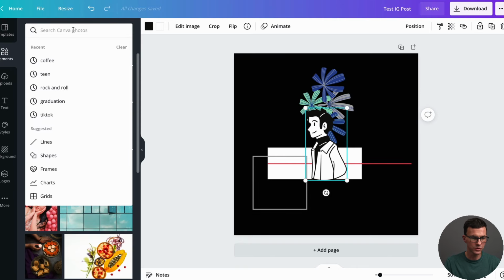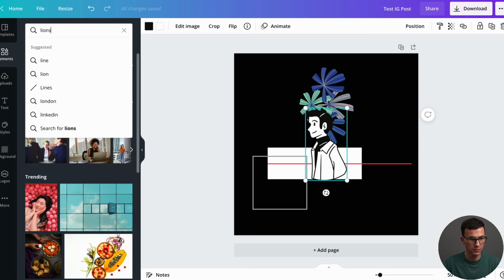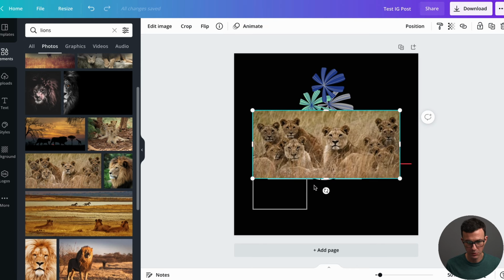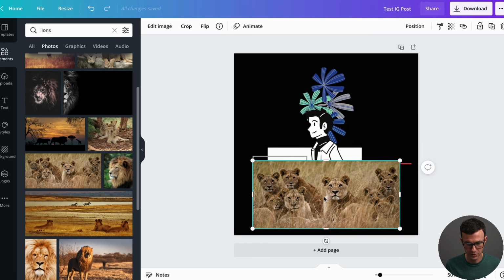But here again, you can use the search for anything. So if we go, what do we want to think about today? How about lions? So we have all these photos. Again, what we're going to see, these are free. If you see the crown, this is part of Canva Pro. Maybe we want to use this image, or